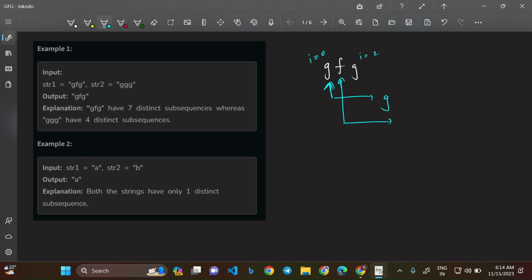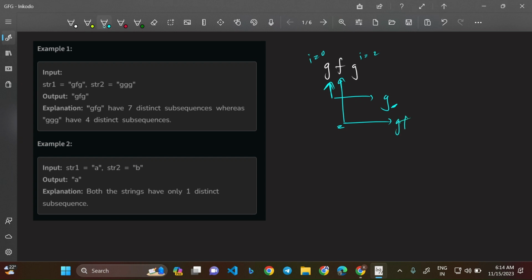Okay, so now coming to this particular F. F has 2 choices. F can either be a part of G or not be a part of G. Right? Every character has 2 choices when you're trying to frame a subsequence. Either be a part of all the subsequences that are possible to the left of it, or do not be a part of any of the subsequences forming to the left of it. So if F wants to be a part of the subsequences possible to the left of it, then there is a possibility of GF, right? GF,